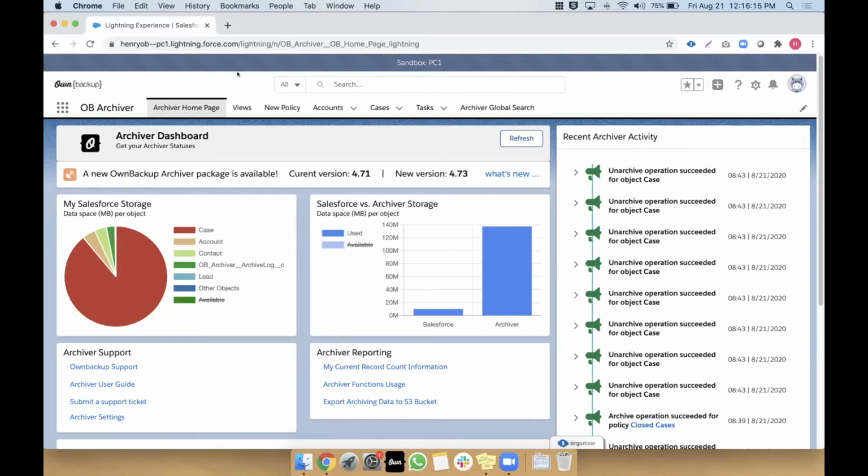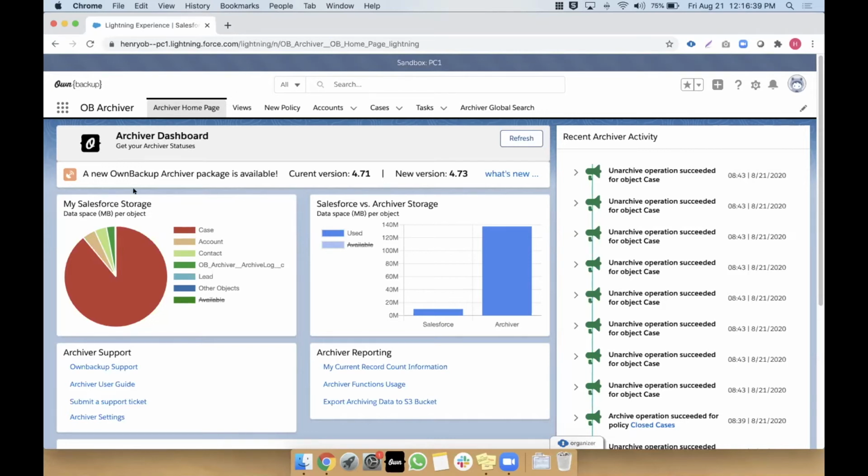So let's say I'm a Salesforce administrator and I know that I've been nearing my storage limits and I don't want to pay for more storage. So I install the OwnBackup Archiver to start archiving data out of Salesforce. I log in and I'm immediately taken to my Archiver homepage, to the Archiver dashboard. And you can see some really important pieces of information here.